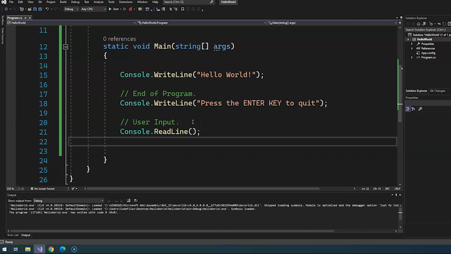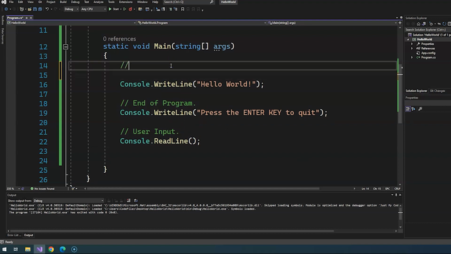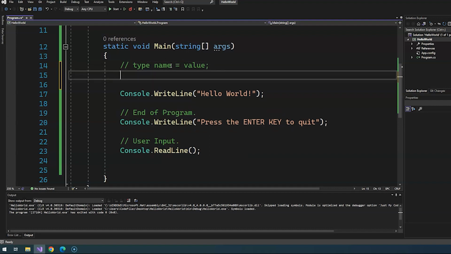So now that that's out the way, let's get started with variables. So what is a variable? Well, there's three parts to a variable. First, what type of variable is it? What is the name of the variable, and what is the value of the variable? So we can assign values to variables, and you can think of it this way. The name is a representation of a value because it gets stored in memory. And so anytime you want to reference that value, you can just call it by using the name of the